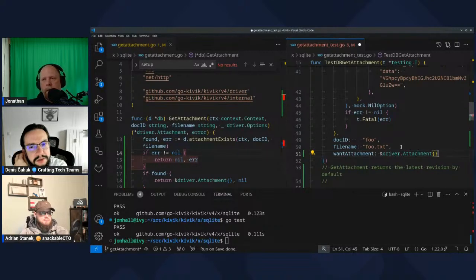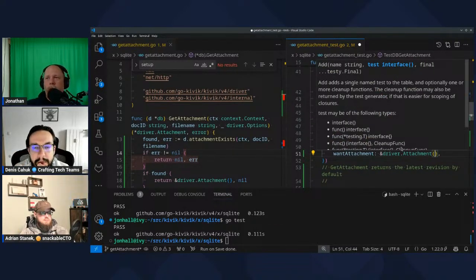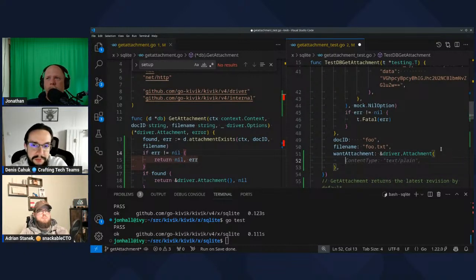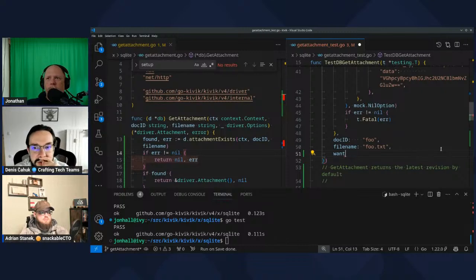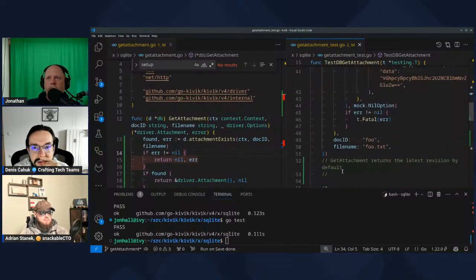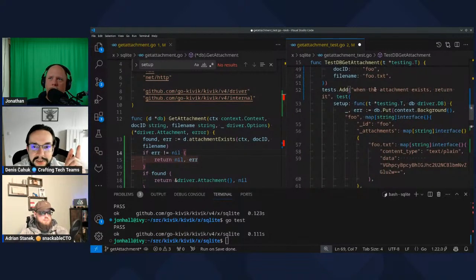Is that going to be the same test? You tell me. I mean, you are file testing, so it is convenient. Yeah. But maybe we can add a second test to force ourselves to sort of refactor the test as well. I would write a second test. So I would like the test that says when the attachment exists, return it to pass if the metadata is not correct. Because I would like to know whether the query failed or whether the metadata has not been passed correctly. So what do you want then?